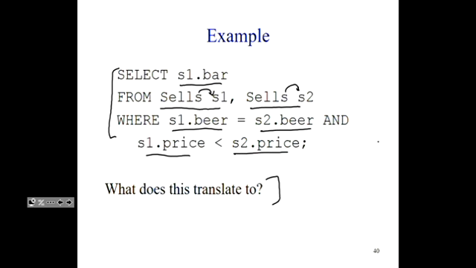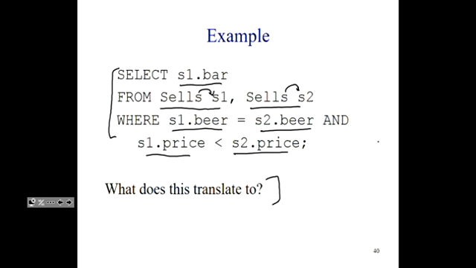You're finding the bar that has the lower price for a certain beer. Does that make sense? Maybe a different answer? Selling the same beer at two different prices. That's exactly right. So basically, you're finding the bars such that there is the same beer in both of the bars, but